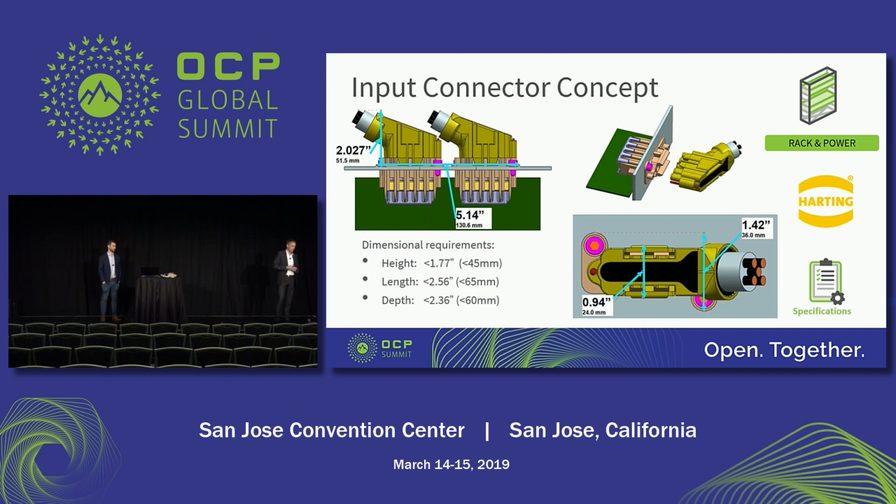At 480 volts, that's going to be spectacular, because you could draw hell of a lot of current at 480 volts. I mean,